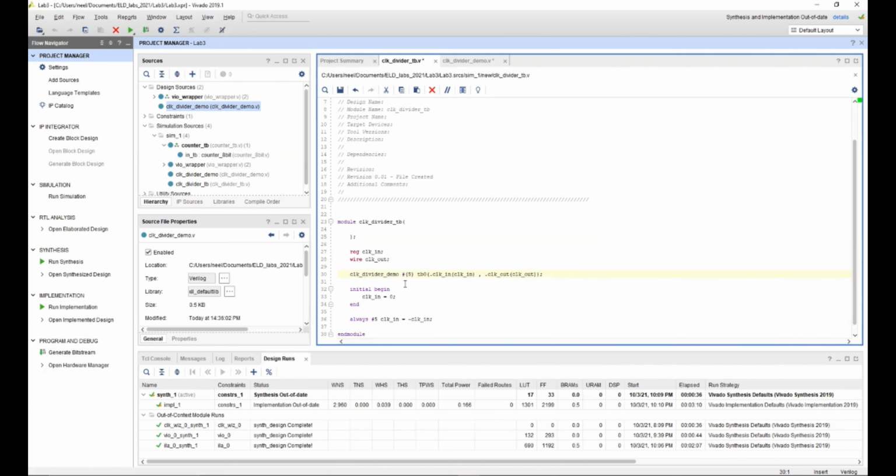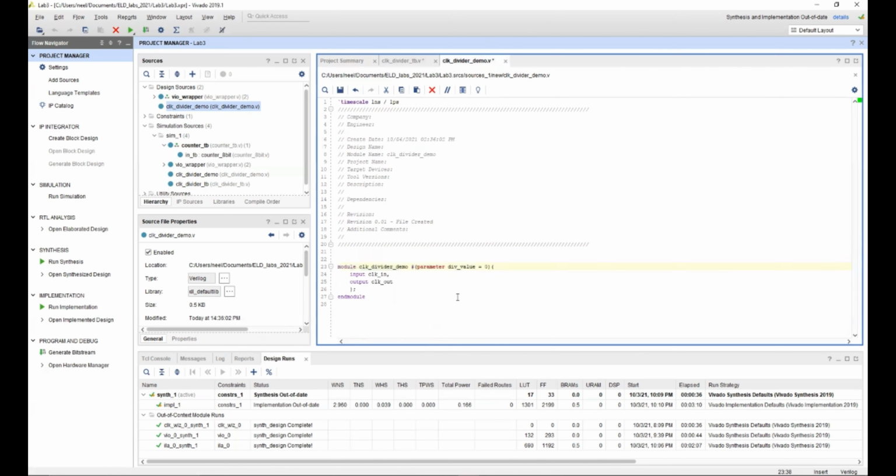And one more thing, the frequency of the clock in is 10 to the power 8. So this is fixed. Now we can change the value of div value such that we can get a certain output frequency. So basically this div value controls the frequency that we're getting. The frequency that we require from the 10 to the power 8 frequency clock is 10 to the power 7. So let's just calculate the value of div value over here.